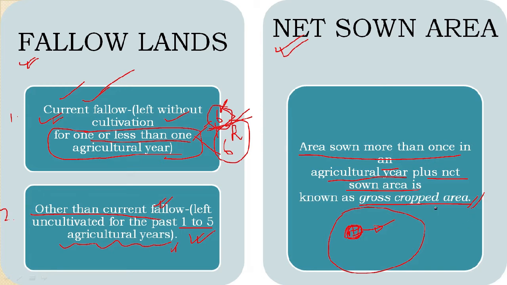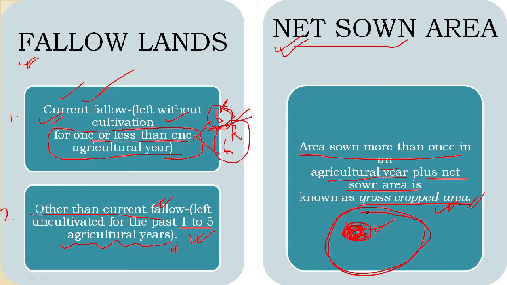Here if we are learning the concept of gross cropped area, we first need to understand the concept of net sown area, students. So as we have discussed right now, if this is the total area and only this much area is being cropped, only this much area is being sown with crops or any other thing like orchards, etc., plus when it represents an area in which total crops are grown only once in a year.